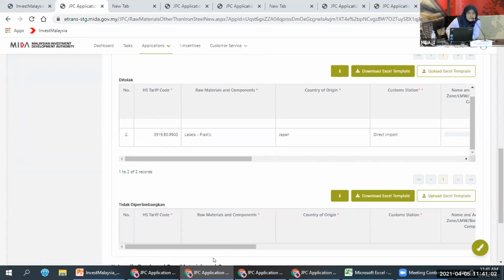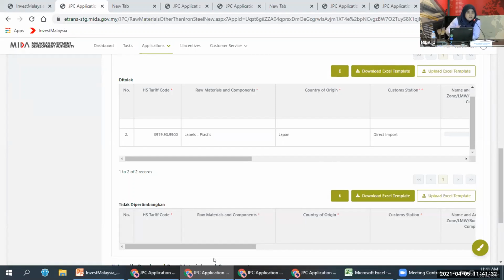Okay, in the event that you have incorrectly keyed in, the status has been changed to completed, but you notice that the information you key in your previous approval application is wrong, what you have to do is formally submit a request to the tariff section to return the application, to open the previous approval application for you to edit, for you to update with the correct information.